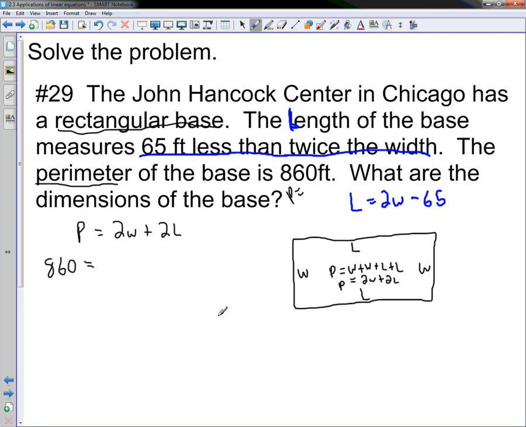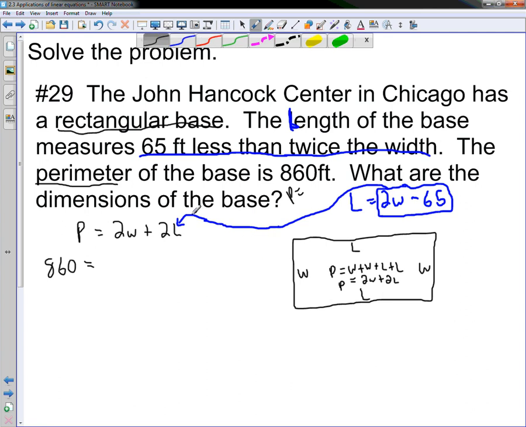What this does for me is, if you look at our problem over here with our perimeter, we have W and we have L in our problem. So we have two variables. For us to solve right now, we can only work with one variable. So they give us a statement to replace L. So notice that the length is 2W minus 65. So all I'm going to do is, in my problem, I'm going to replace